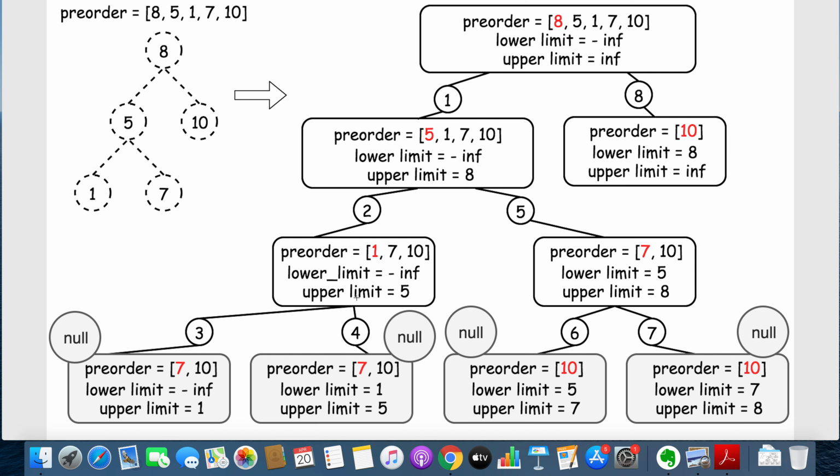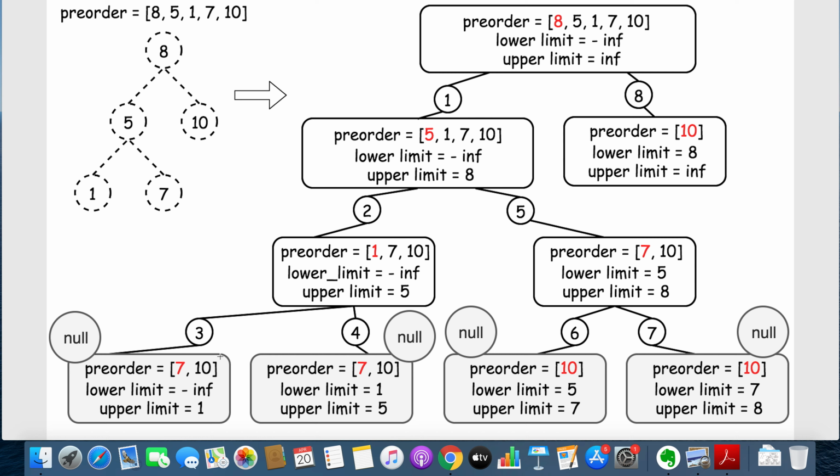So it will try to call on the right hand as well. In the right hand, what's going to happen is, as I already told you, all the right nodes are going to have value more than this. So the lower limit is now changed to 1 for this. From here it gets changed to 1. Upper limit remains 5. We check whether 7 lies in this range or not. It doesn't, so we will return a null out of it.